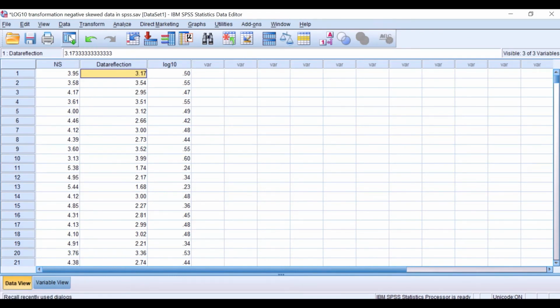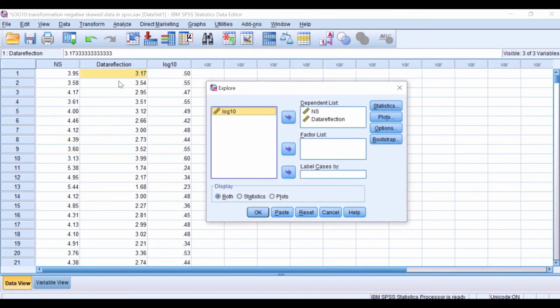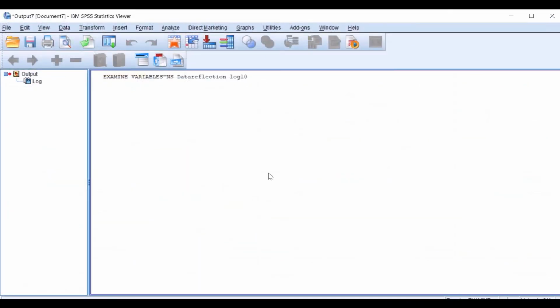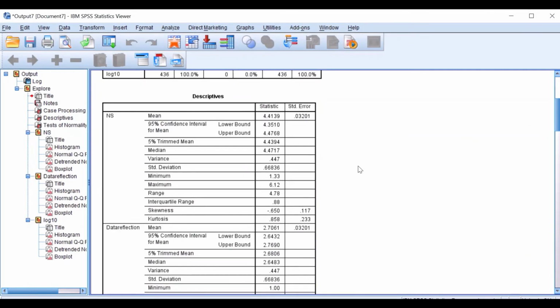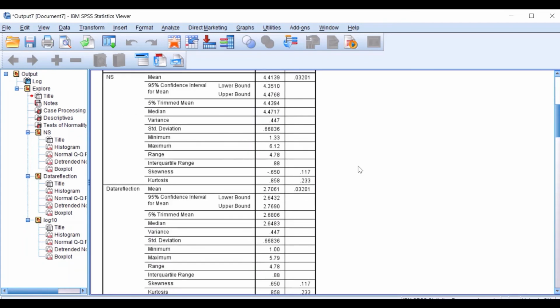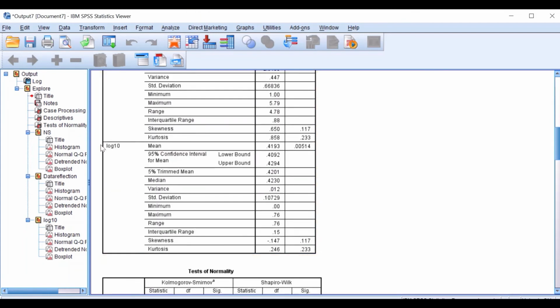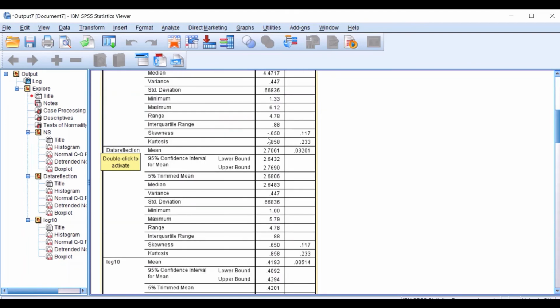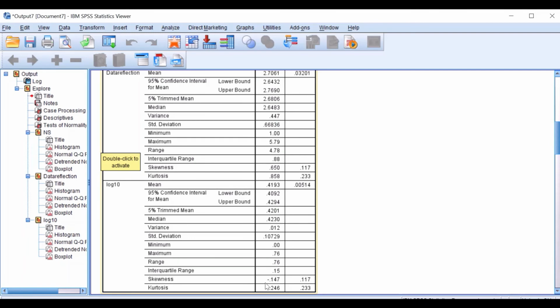And I'm going to explore and look at the data for the three: the neat data, the reflected data, and the log10. If we move the log10 to the dependent list, keep all the settings the same, and click OK, a new table is generated for all three. Again, as we can see here, if we scroll down to log10, we can see that doing log10 has reduced the skewness from minus 0.65 to minus 0.14. So this is really a dramatic